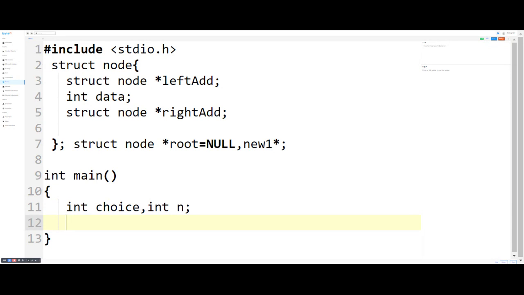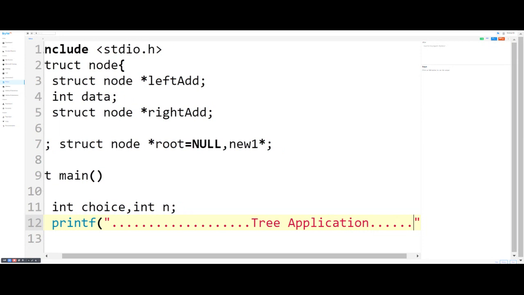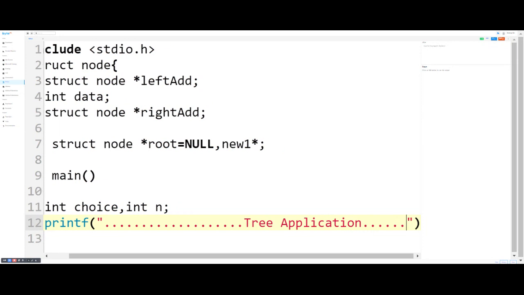Now we simply print a message, printf tree application. Tree application. Getting?